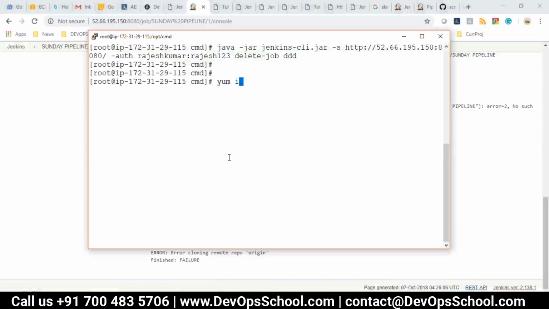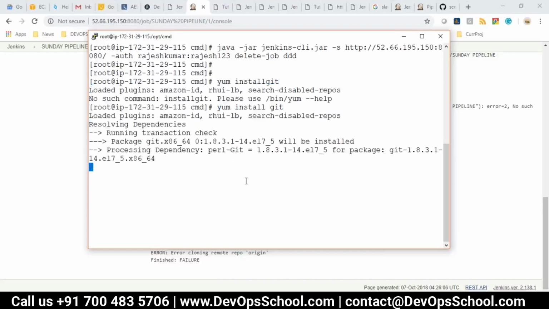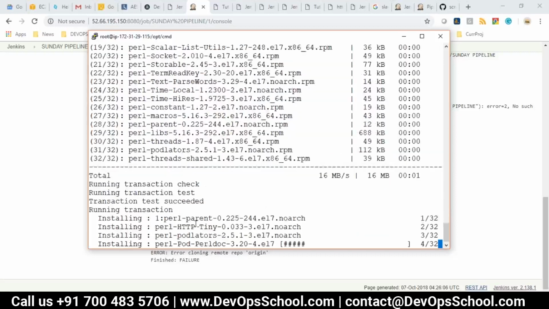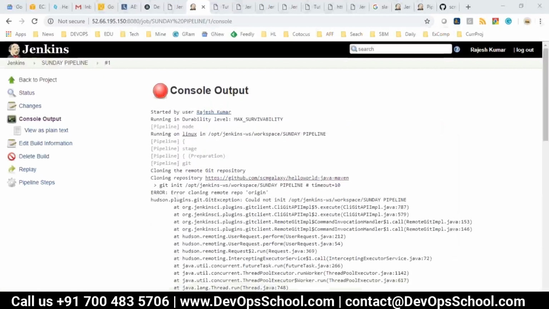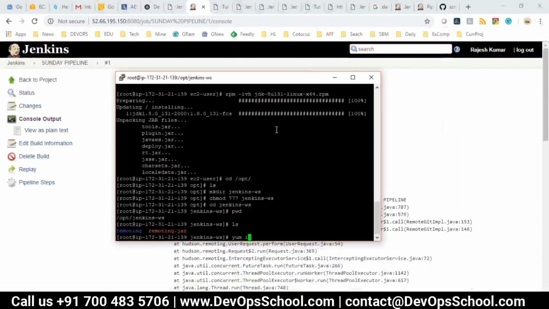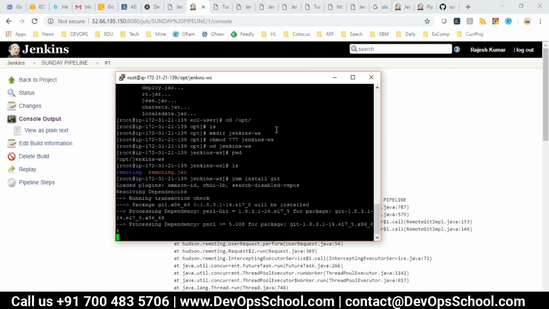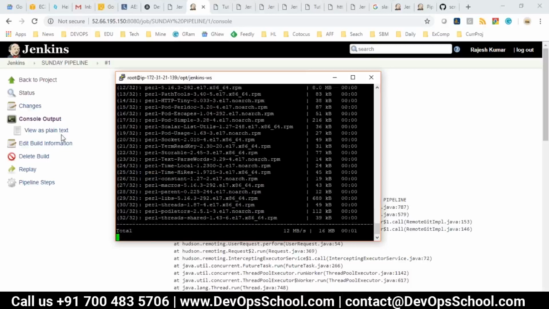So yum install Git. Okay, now I'm installing on the master node itself. So hopefully if it is running on the master, where it runs, let me tell you, it runs in the Linux. So Linux, this is here. So yum install. Okay, so I've just installed it on both the nodes. Okay, now it should not fail. So go here